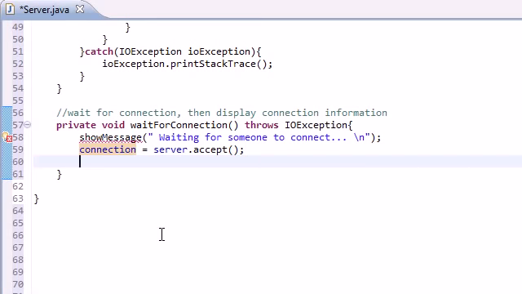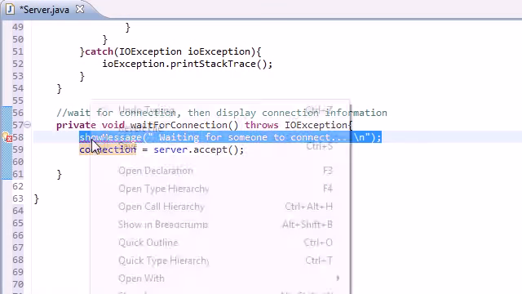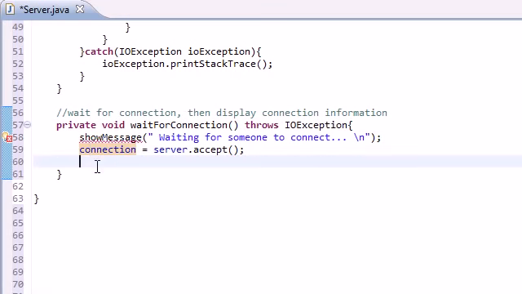So the next thing you need to do, now that you're connected to someone, is put another output message. I'm too lazy to type it, and I know I didn't use Control C, Control V, I'm just too lazy to type with my left hand from time to time. So we'll just say once you have a connection, now connected to,